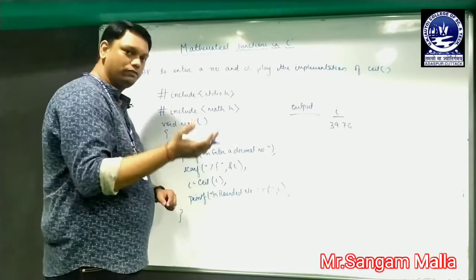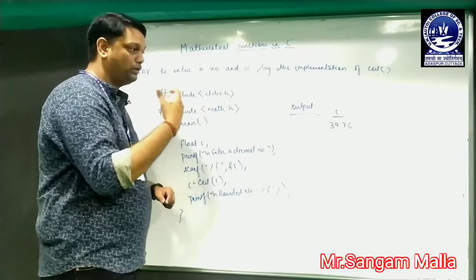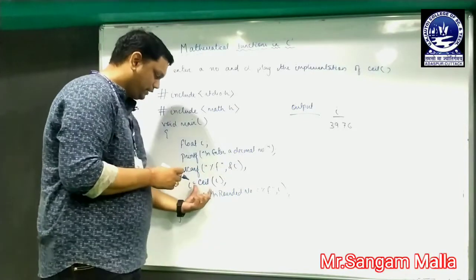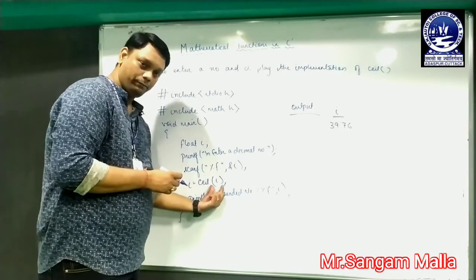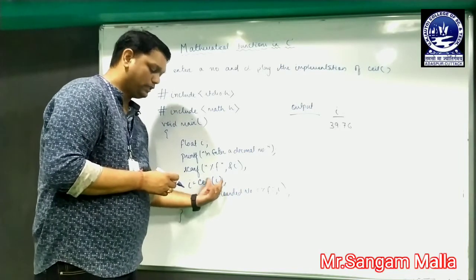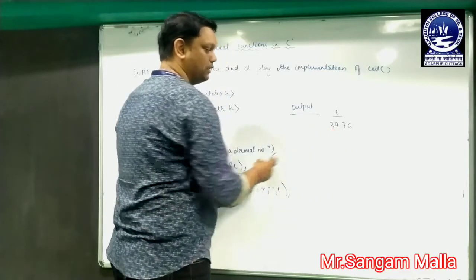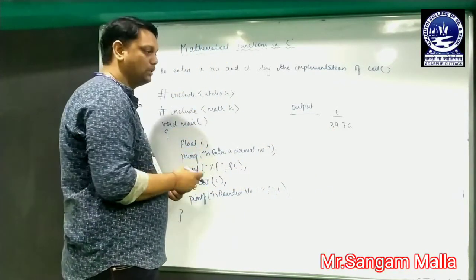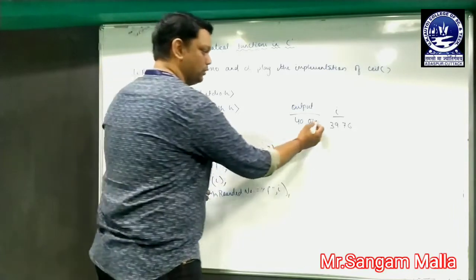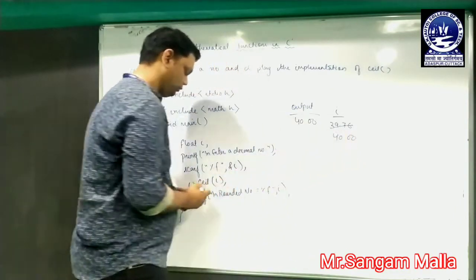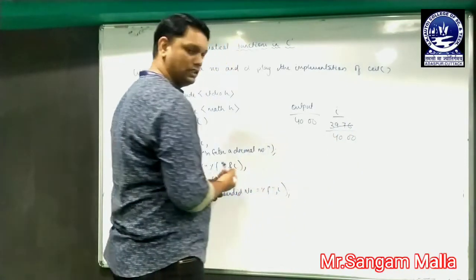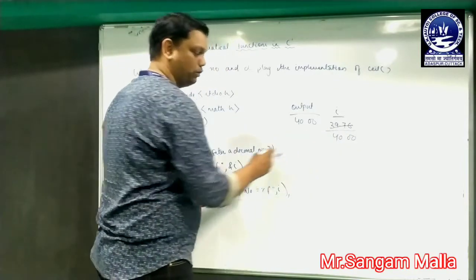Now I will be rounding off the number to its higher number. In order to round off the number to its higher number, we will be using the ceil function. So I have written ceil of i over here. That means rounding the number that has been stored in variable i. So i has the number 39.76, and it will round up to its highest number, so the highest number is 40.00. It has been stored in i only, because I have written ceil of i will be stored in i. That means i was having the previous value as 39.76. Now the value of i has been changed to 40.00.